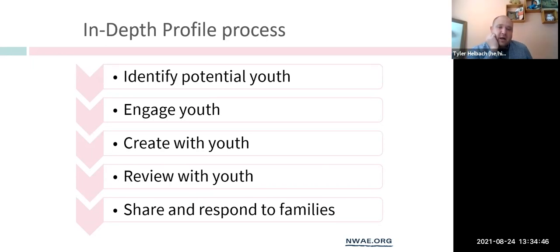They work on finding with our partners on the ground. So in Michigan, that was the Michigan Adoption Resource Exchange, and in Oregon, that was the Oregon Adoption Resource Exchange. And we worked with those folks and tried to say, who are the youth that you've been serving that would be a really good fit for our model? And so we identified those, and then the engage process is super important,